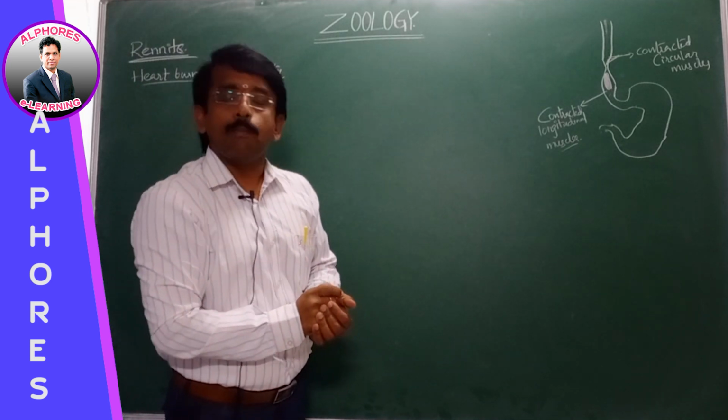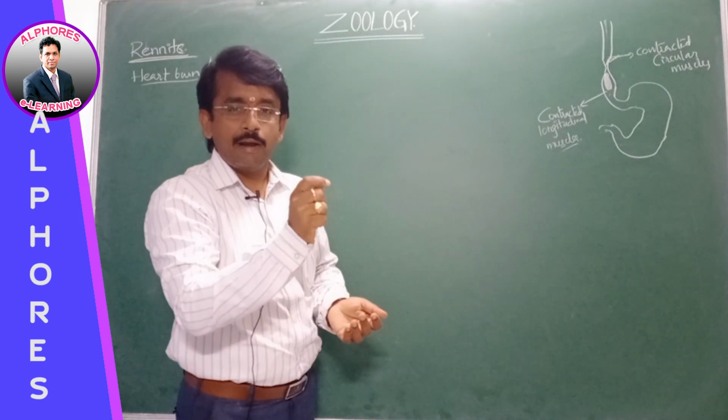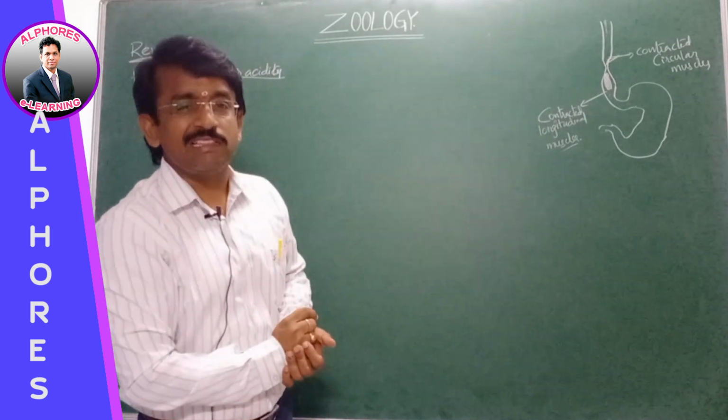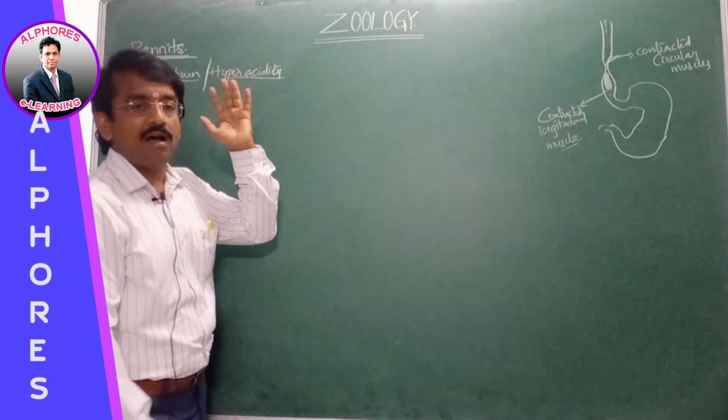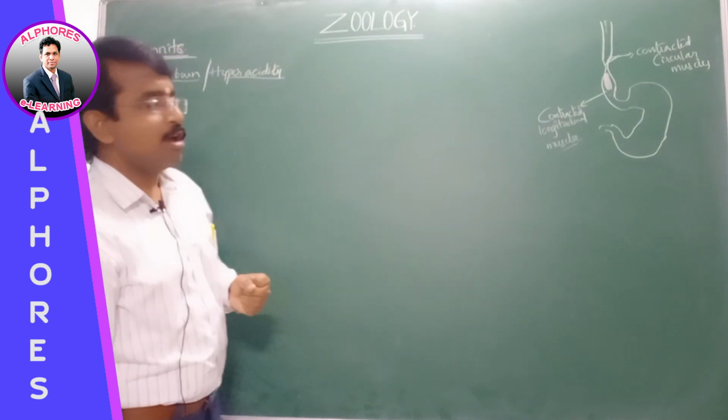peptones, proteoses and peptides. This partly digested food in the stomach is named the chyme. This is what we see. Next,